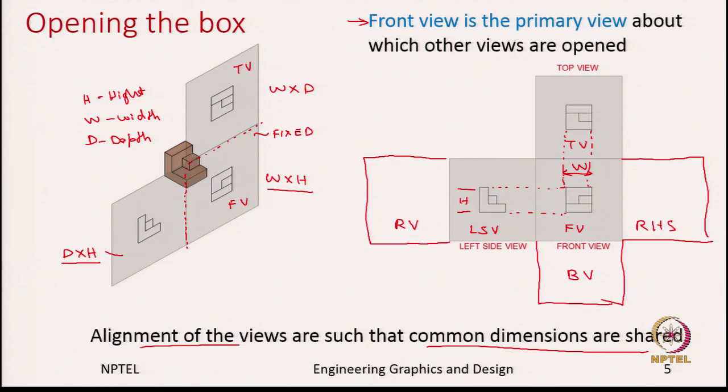So, this helps. So, for example, when you are working with complex objects, maybe you first draw a front view, and once you draw the front view, you have some information before you start with the left side view, because for example, here you already know the height of the object. So, that information you can use from the front view. Similarly, when you are drawing the top view, you can use the information of the width. That helps you in developing these views gradually.